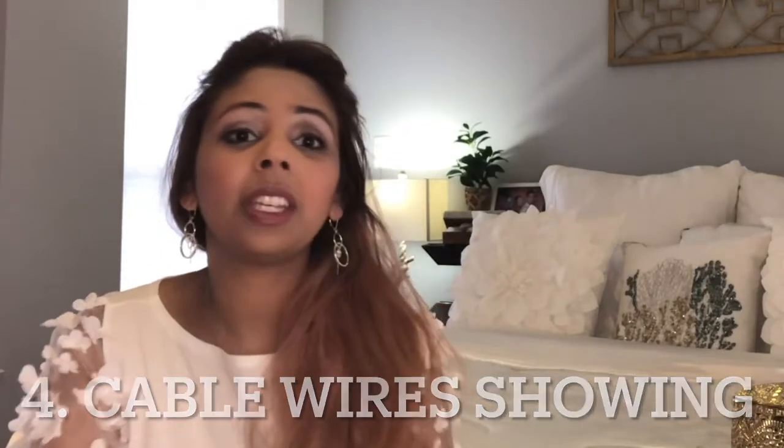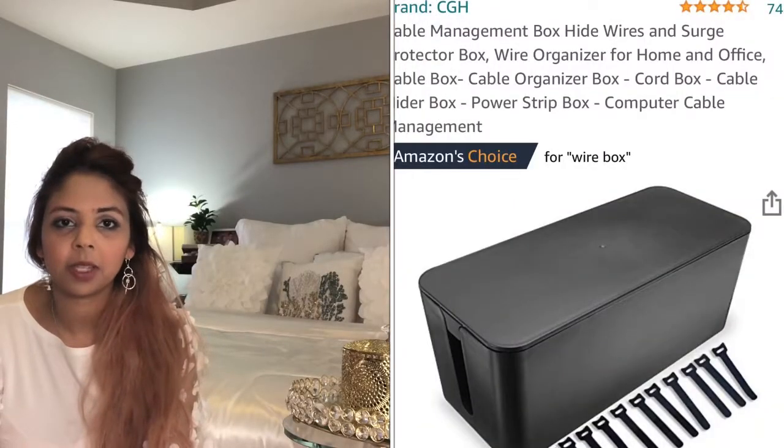So number four, I am guilty of this, and you may be too, but having all these cable wires out there. I just recently invested in a cable wire box from Amazon, but I realized that I am still guilty of this, where I have all my cables hanging around, and it's the little details that fine tune your home. So if you can mitigate all the wires